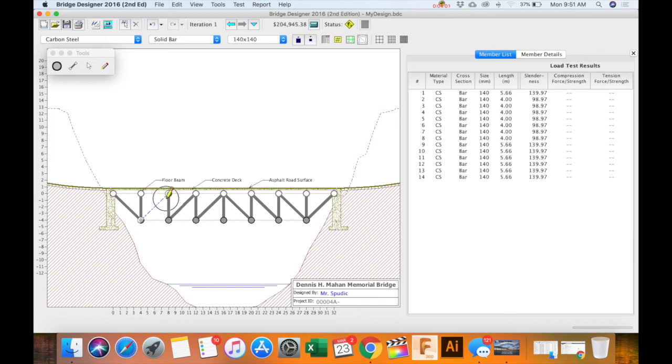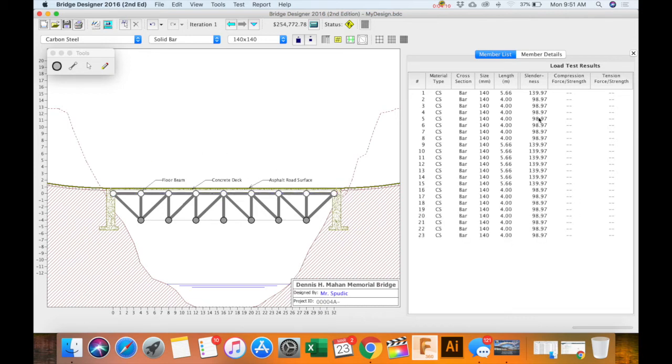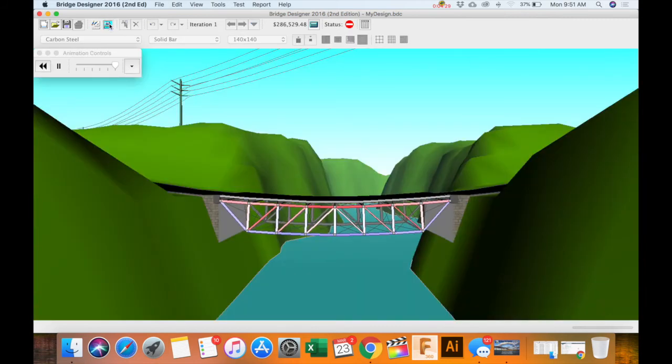All right, now, almost done with these small pieces. Now, look at the big piece. If I do one straight line across, it will do the whole thing for me and add all these small members in as you see those. Again, over here, one straight line across, and there you go. Now notice that it has different sizes. It shows you the lengths, but also shows you the sizes because if you look, I have carbon steel picked and solid bar. So here we go. We're going to click and test it,